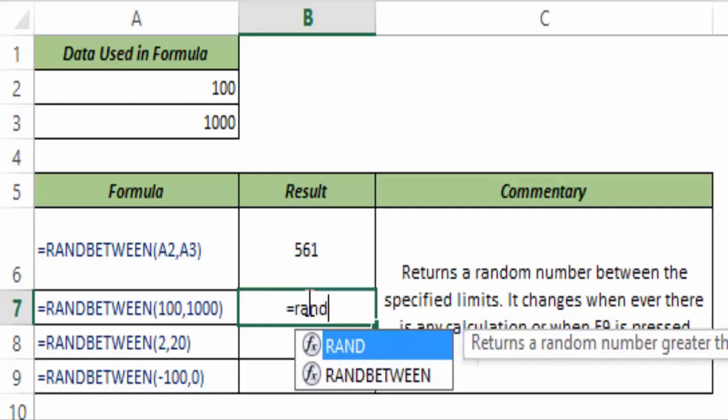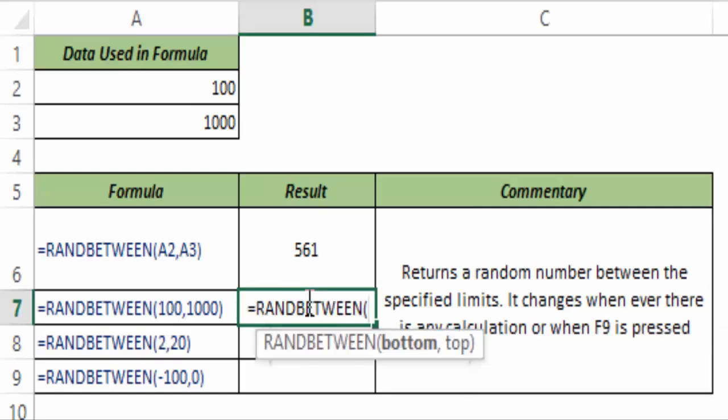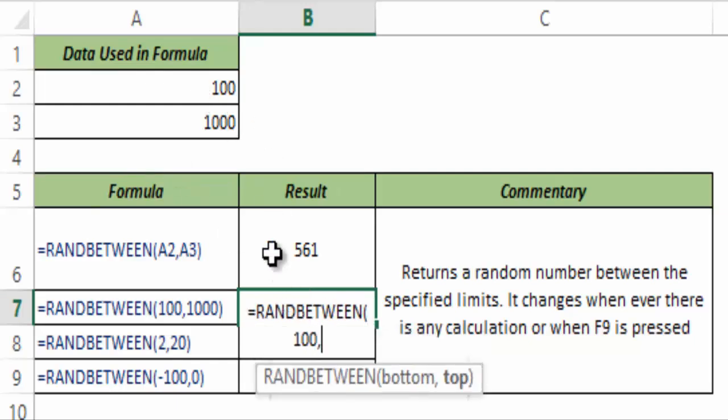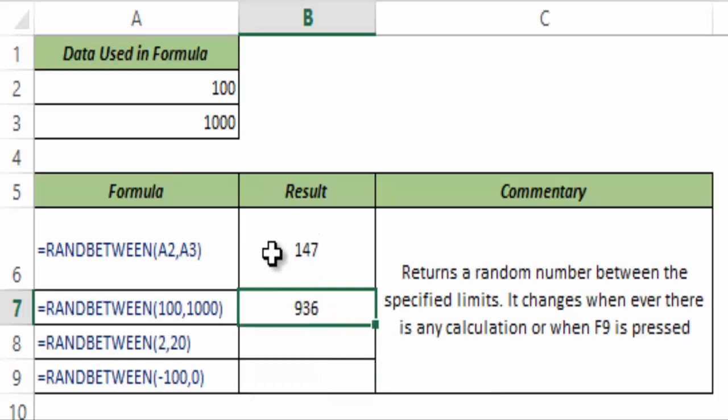Let me show you what happens if I take some other examples. So in this case I had given cell references. I can also type these values manually. And when I do this and I hit Control Enter, again this generates a random number. Notice that when I hit Control Enter, even this gets recalculated, because as I mentioned, this is a volatile function that gets recalculated again and again.